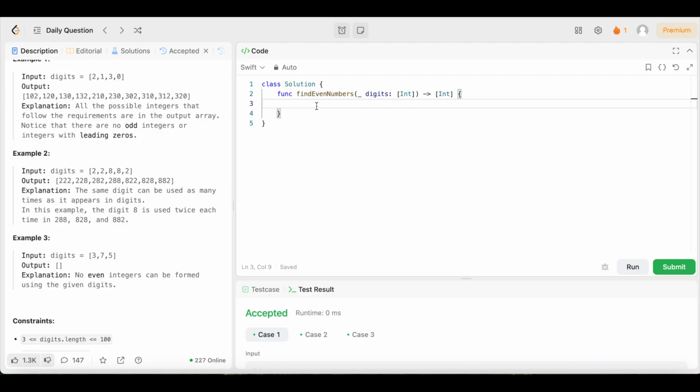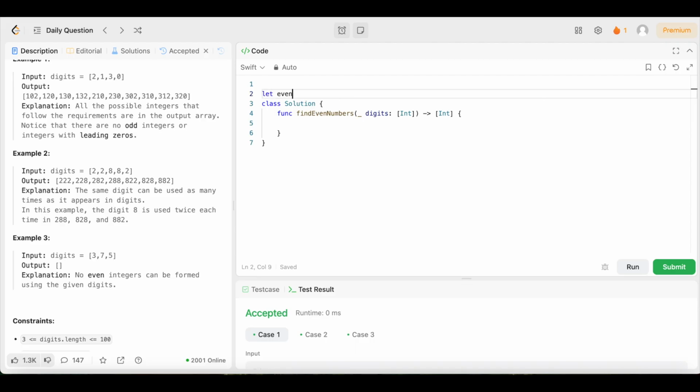So now that we understand the question, y'all, let's get into the fun part, the actual solution. Solution is not that difficult at all. So let's get started. First thing we need to do is we're going to create a list of even digits, and we're going to use this to ensure the 3-digit number ends with an even digit. So for this, we're just going to come outside of the class, and we could just say let even digits